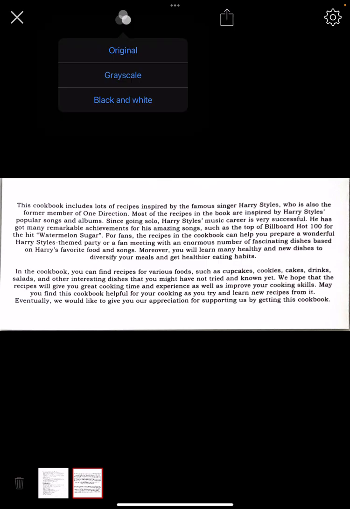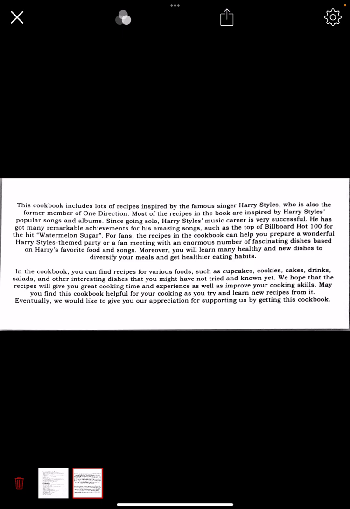So we can see that the app gets a very clear and useful picture, and it reads the words very well. Now another thing that we can do at the top, maybe if you have it in color and it's hard, for some people that have different vision issues like color blindness or anything like that, sometimes it's harder to see certain colors. At the top, if you click these three circles almost in the middle, you can choose original, which shows you the original picture. You can choose it in a grayscale,